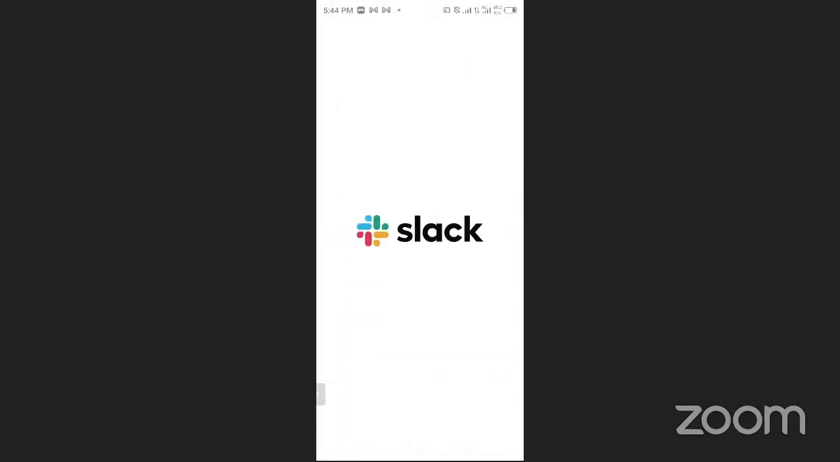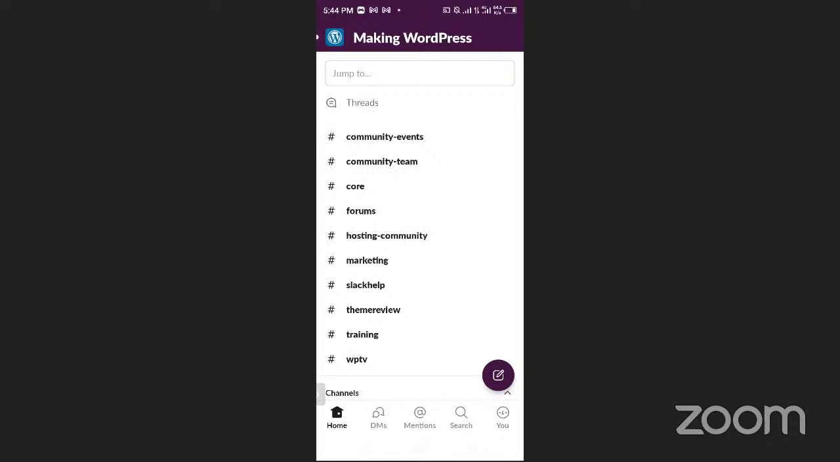So this Making WordPress is the one which, when you join it, you'll find these are known as channels. So there is the community events, community team, core, and all this. So if I click on community team,